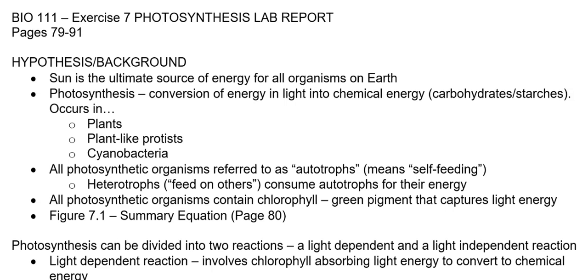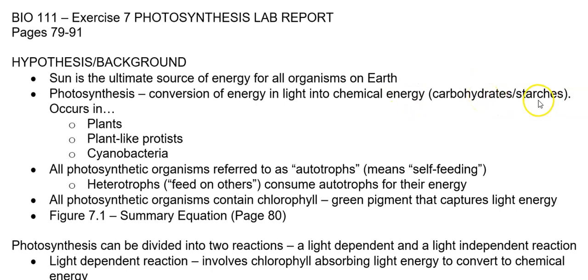So this will be a brief overview as well as an outline for the Exercise 7 lab report on photosynthesis for Bio 111. We established that the background for photosynthesis is that the sun is the ultimate source of energy for all organisms on Earth, and it is the process of photosynthesis that converts that energy that's found in sunlight into a chemical energy that is usable by cells, which is a chemical energy that's in the form of carbohydrates